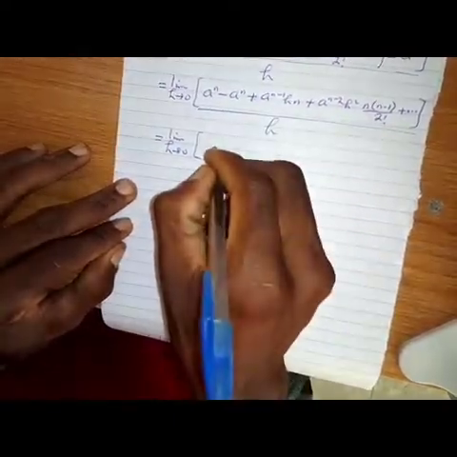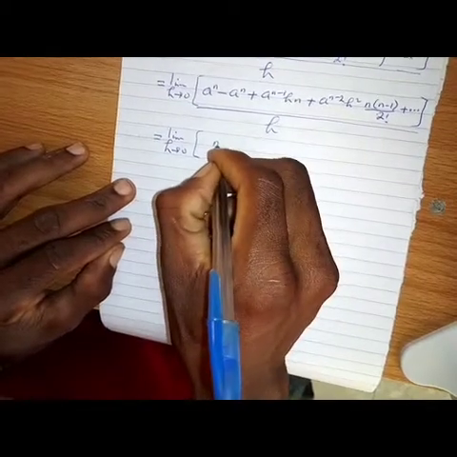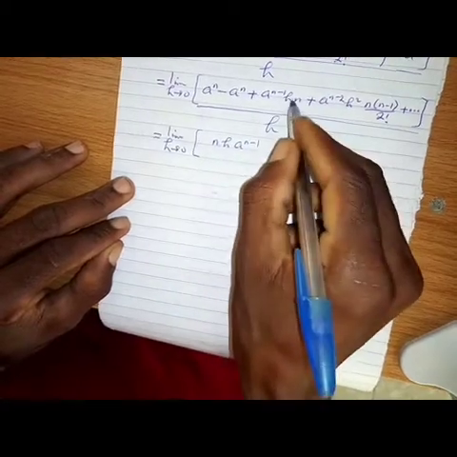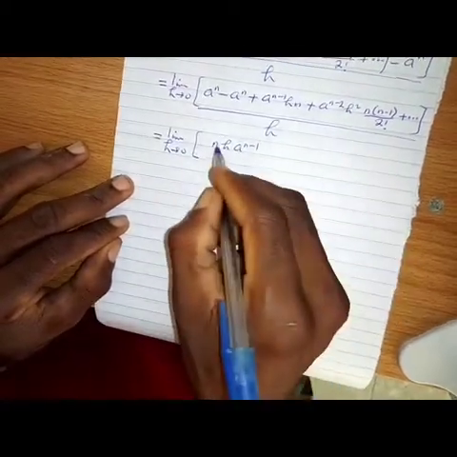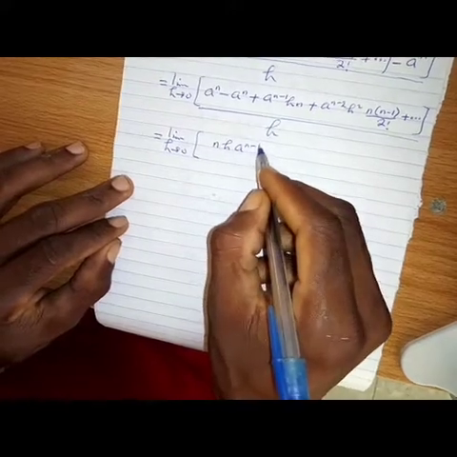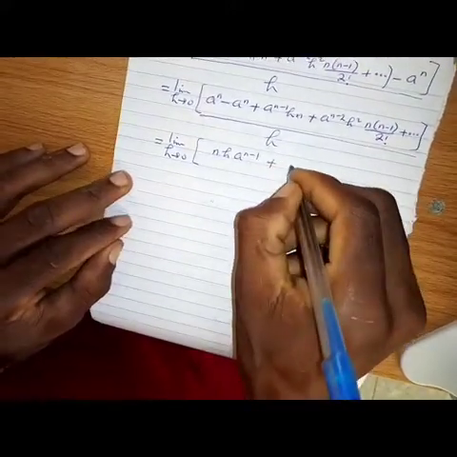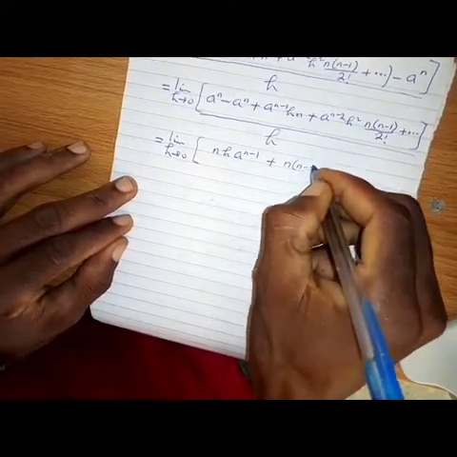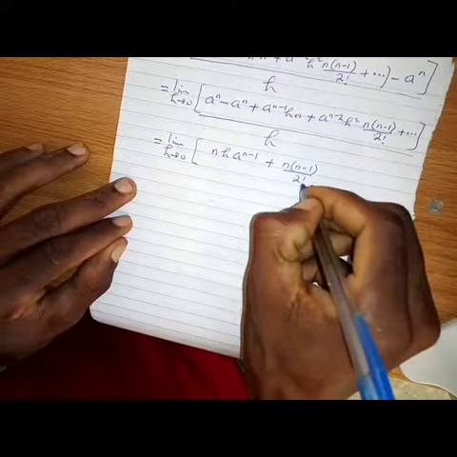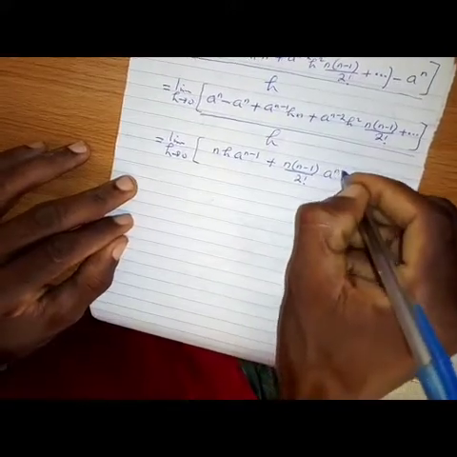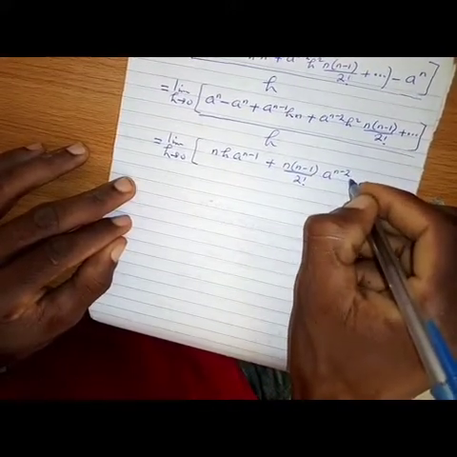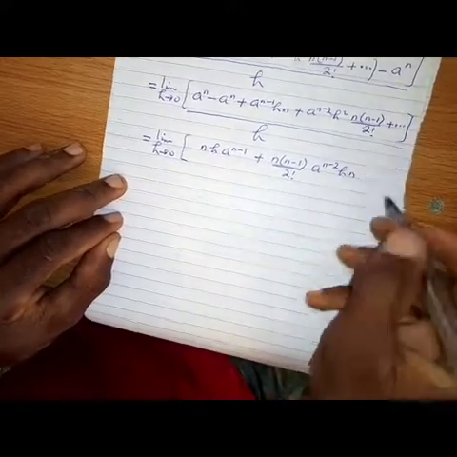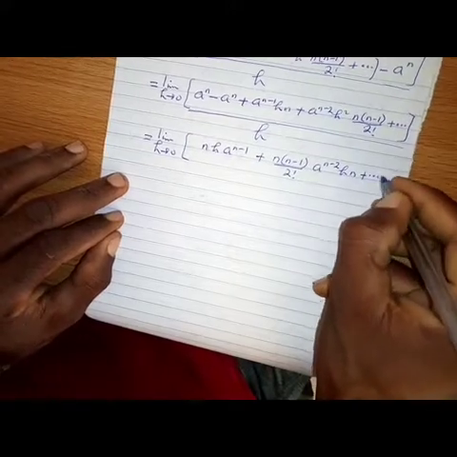You now have n h a to the power of n minus 1. Multiplication is commutative, so it is the same thing, n h a to the power of n minus 1, plus n into n minus 1 divided by 2 factorial a to the power of n minus 2 h squared. You write this one first, this one second, the same thing, plus in this order